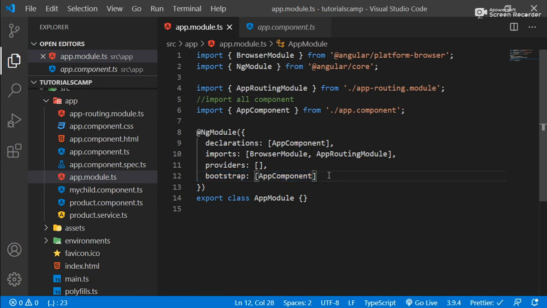Okay, so just understand that bootstrapping actually means to prepare all the child components, and then append them to the parent component, and then run it. Alright, so that's the basic overview of the Angular module, and in the next video I will show you how you can create your custom module and then make use of it,